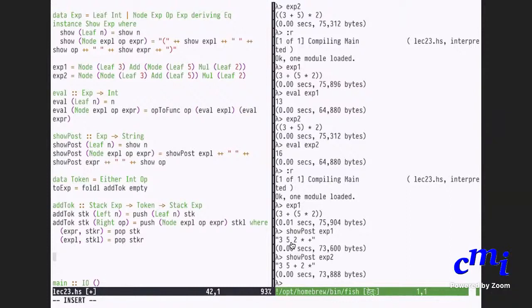So you want to convert a string to a bunch of tokens. I'll call it tokenize. Tokenize is a function from string to list of tokens. Again, I will not bother about too much error processing, etc. Tokenize will just, no, sorry. I'll call it to-tokens, to token list.